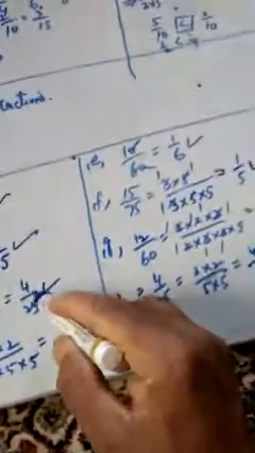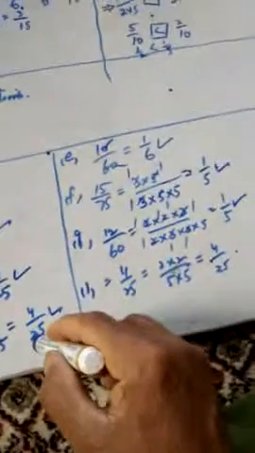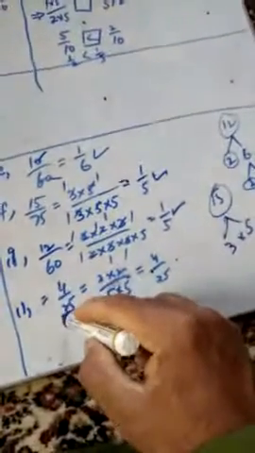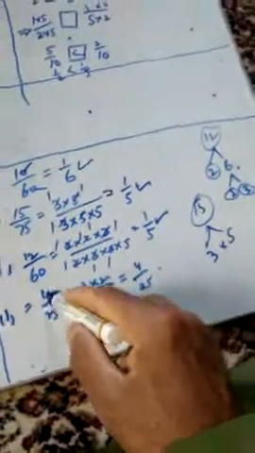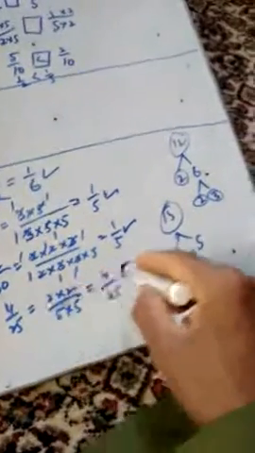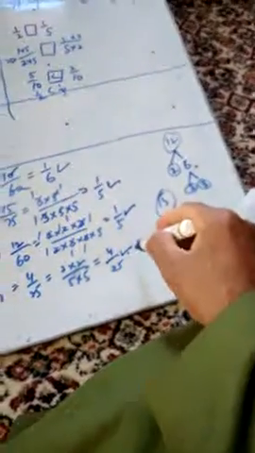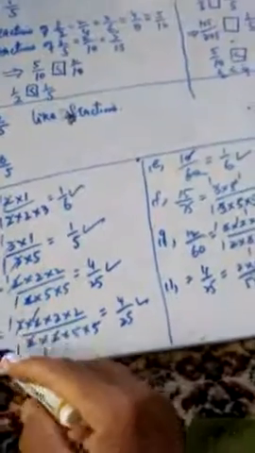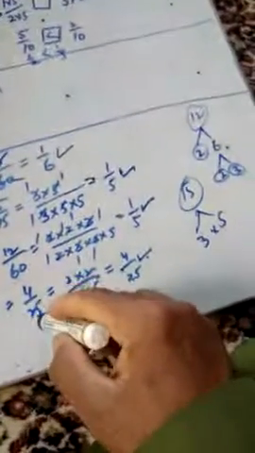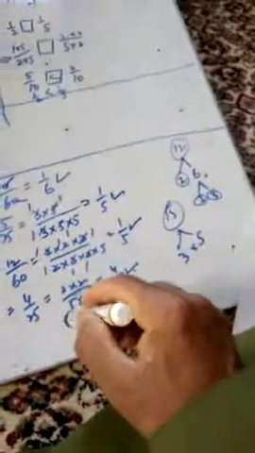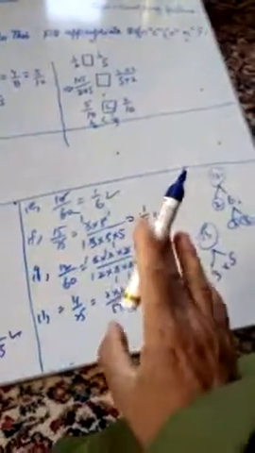Then here it is 4 by 25. It is here also 4 by 25. In part I, it is 4 by 25. When we change them into their factors, there is no common factor. So it is again grouped as 4 by 25. This 4 by 25, this 4 by 25, and this 4 by 25, they fall in the same group. So we can say this 8 by 50, 16 by 100, and 4 by 25, they belong to the same group. So like this, we can group all these fractions into 3 equivalent groups.